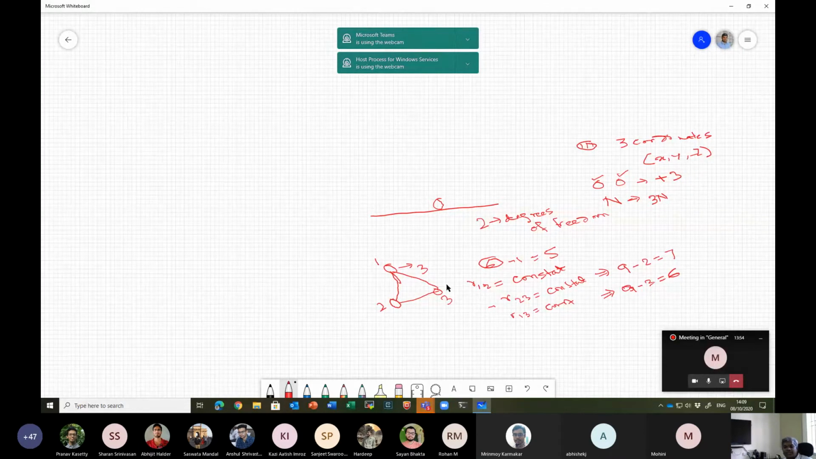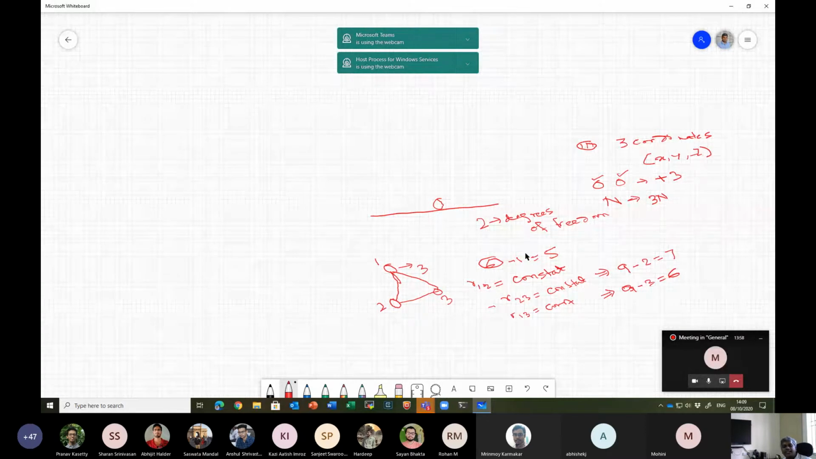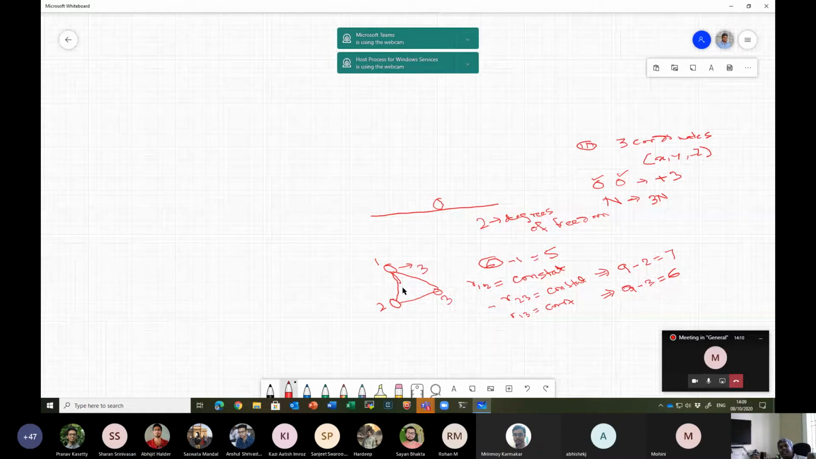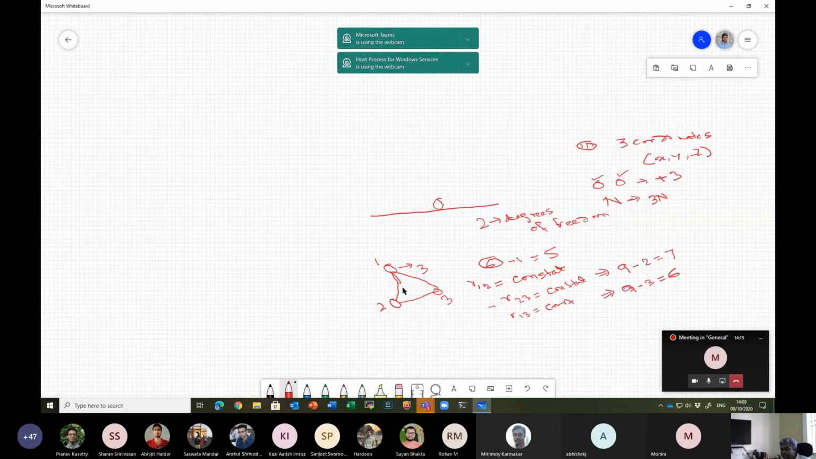Now let's try to generalize this idea of constraints and find out the degrees of freedom. We have these 3 particles connected by a string or some rod, such that the distance between them is fixed, and you can get the degrees of freedom. Now, instead of these 3 particles, if I have n number of particles,